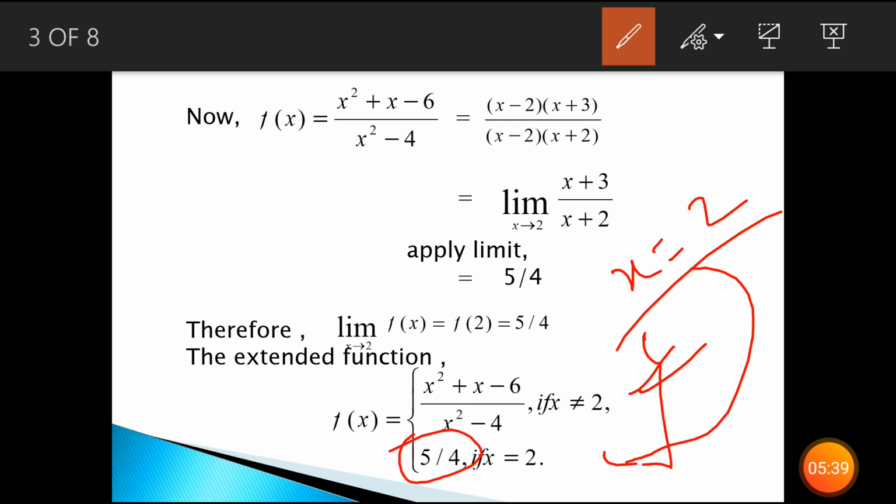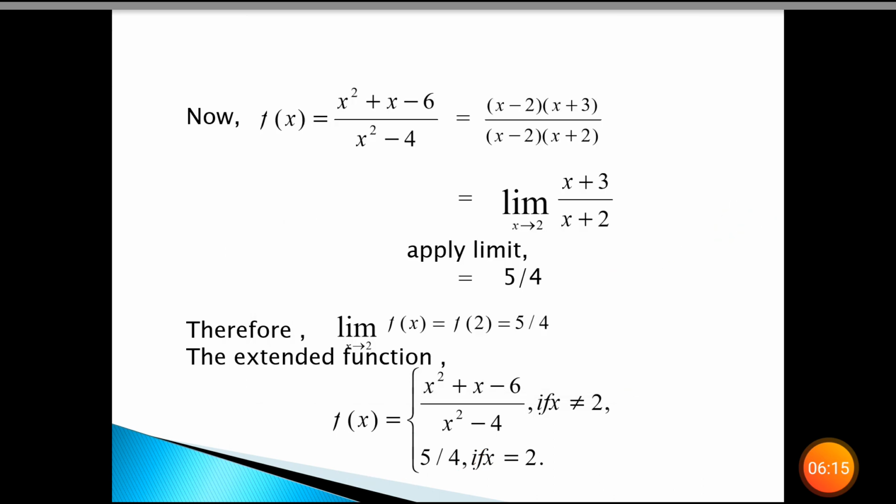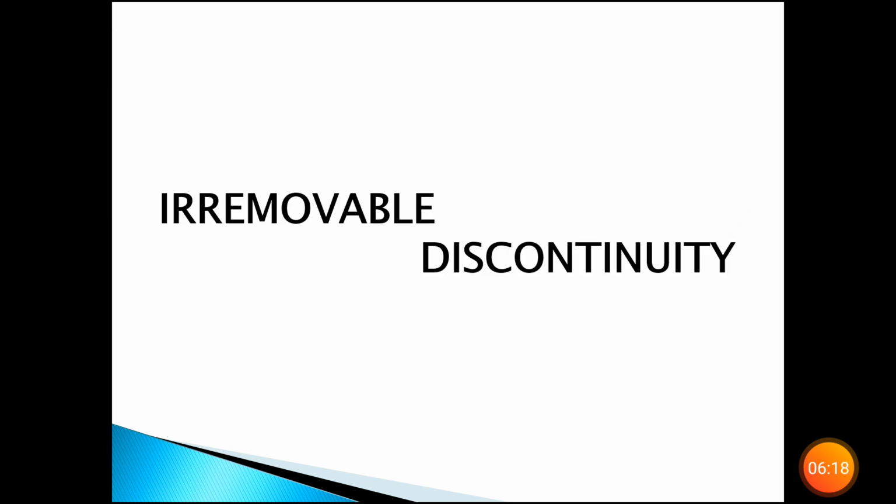So whenever you are getting such a question, what are you going to do? First of all, you solve. After solving, you just find out the value of the function at that point by putting that value, and you redefine the function, that the given function will be for x not equal to a, and at x equals a the function takes the value that you calculate after solving it. Okay, so this is how we are going to solve such kind of questions. Just remember.